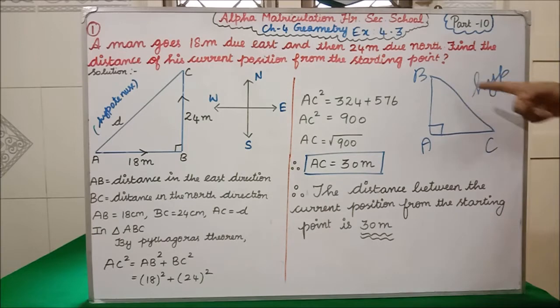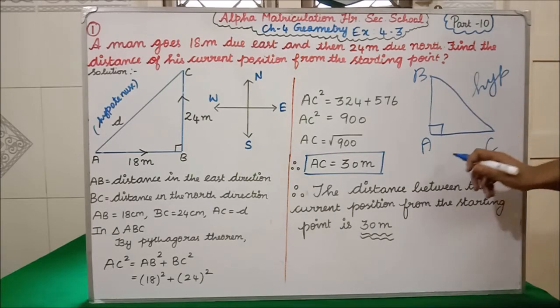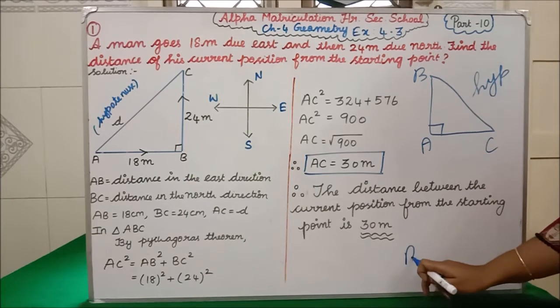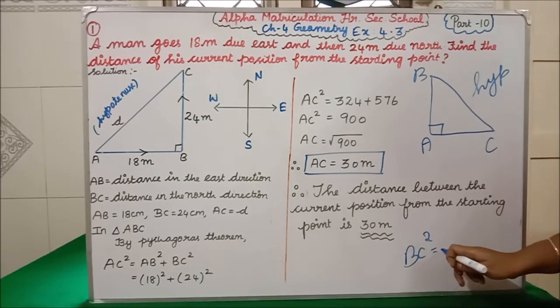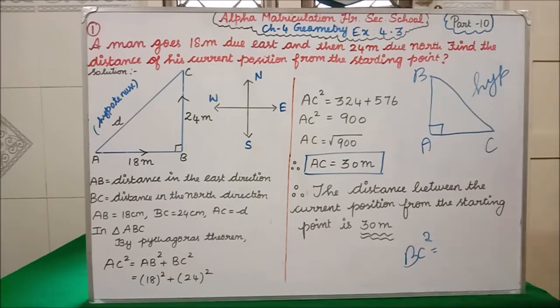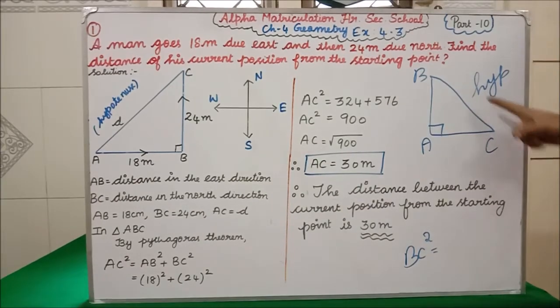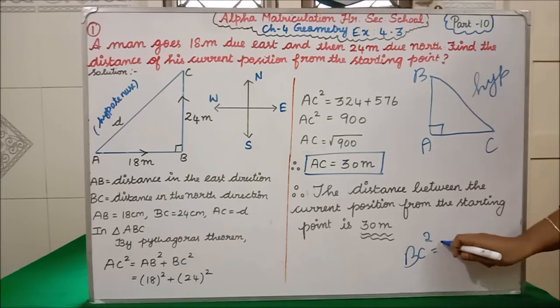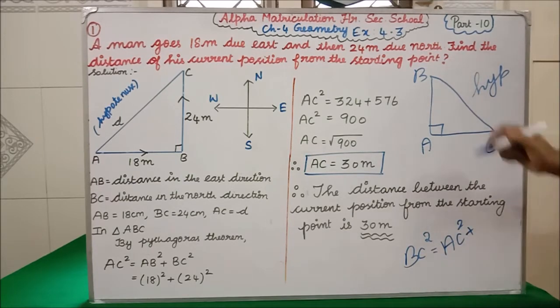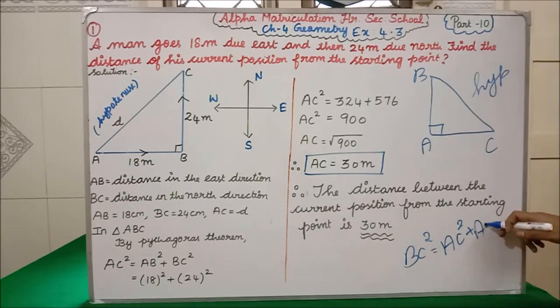Isn't it? So the hypotenuse side is what? BC. So how we have to write now? I will write here. BC square is equal to hypotenuse side square. BC square equal to the square of the remaining two sides. Remaining two sides are what? One is AC. So for that you write AC square. Plus another side is what? AB. You have to write AB square. This only we have proved in Pythagoras theorem. Isn't it? Okay, students. Now based on this only we are going to prove in exercise 4.3 all the problems.